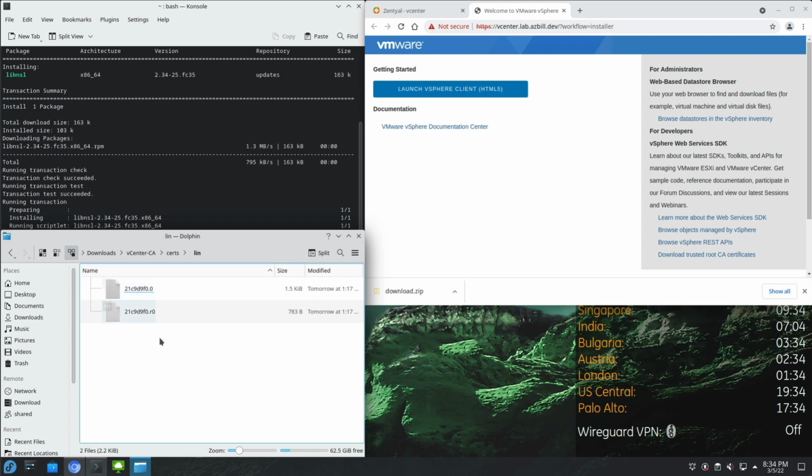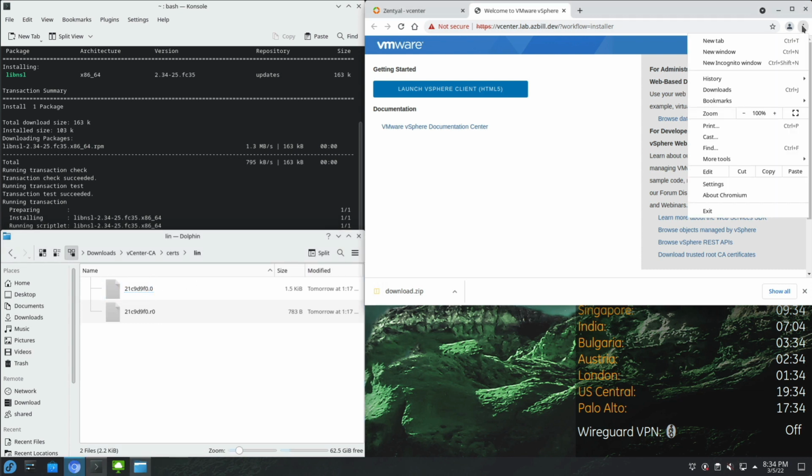Okay, under the Linux folder, we'll find that we have two different files here. One is only 783 bytes, and the other is 1.5 kilobytes. So we will go ahead and assume that this is our certificate for the certificate authority. Now we need to go ahead and get that installed here. So I will use the browser,